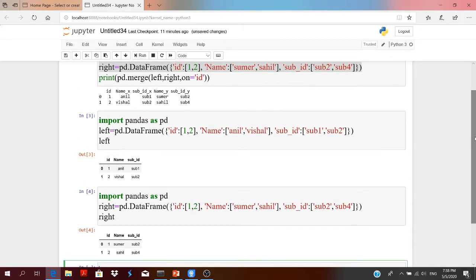Now these two data frames, left and right, after combining will give you the result like this. Combined on same ID, that's why it is returning only two rows having index value 0 and 1. At ID 1, the rows of Anil and Samar, these two rows of different data frames will be combined. Similarly, on the same ID 2, the rows of Vishal and Sahil will be combined.